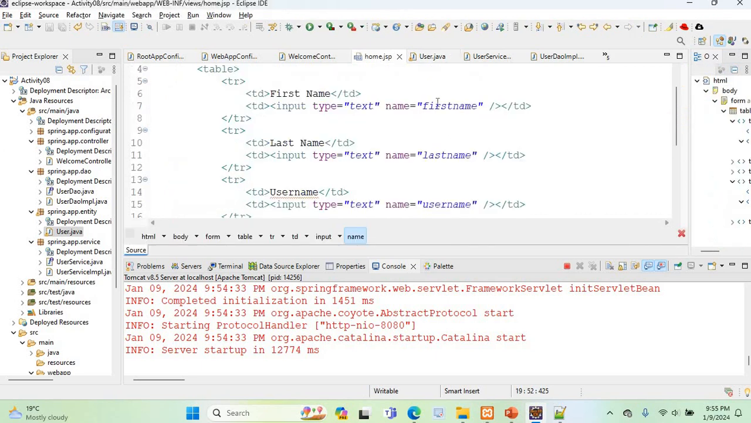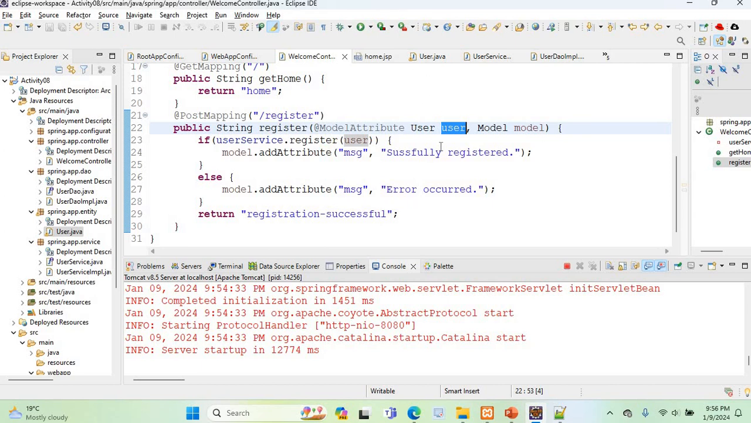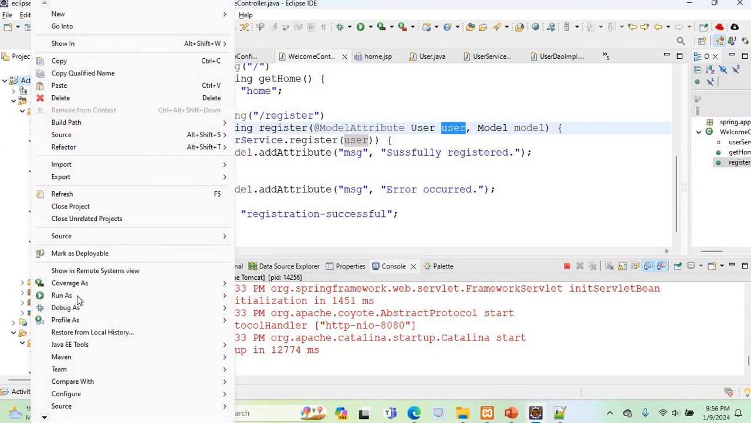But if I change this, for example, instead of first name I use fname here, and then map it like this, it won't work, because the Spring framework will be confused. We have passed a key called fname, but we are asking to add these post values into this user object, and the user object doesn't have an attribute called fname. In that case we get an error. So if I run this now, you can see that